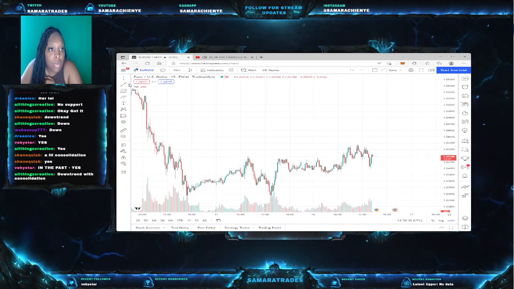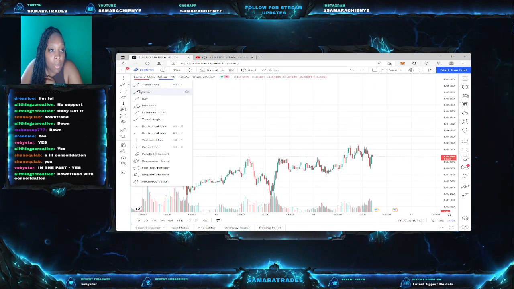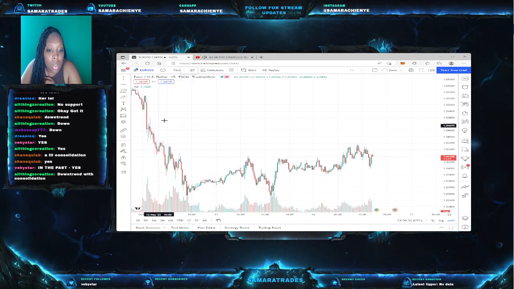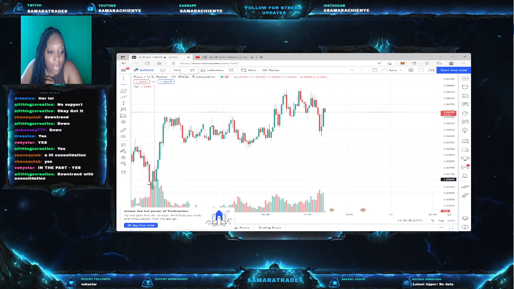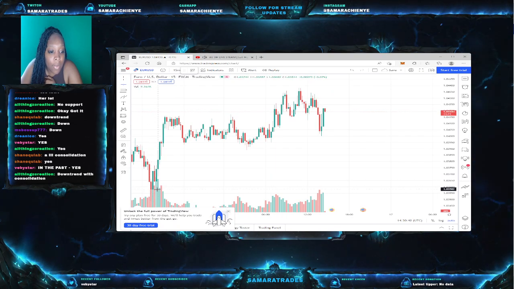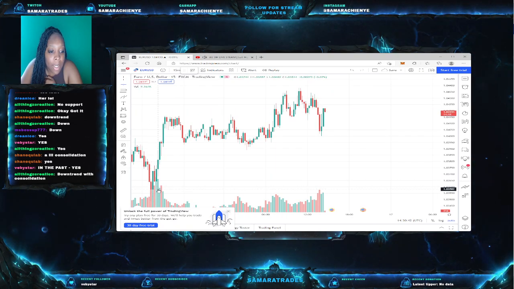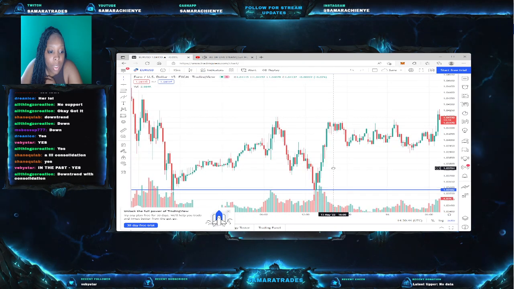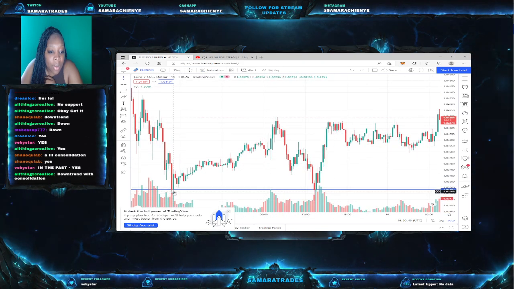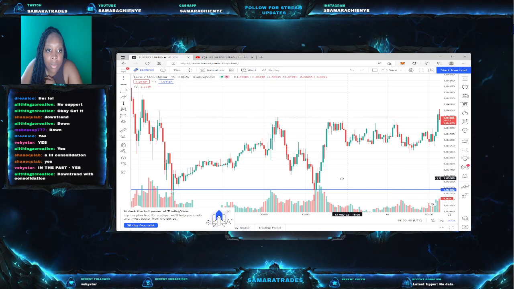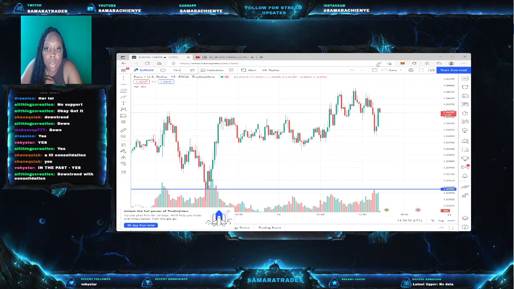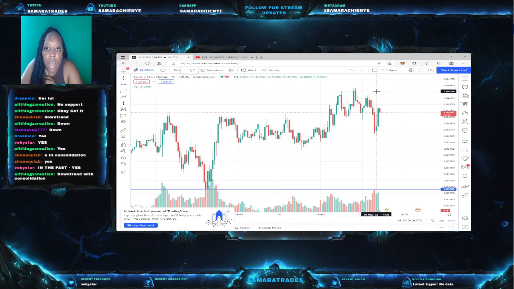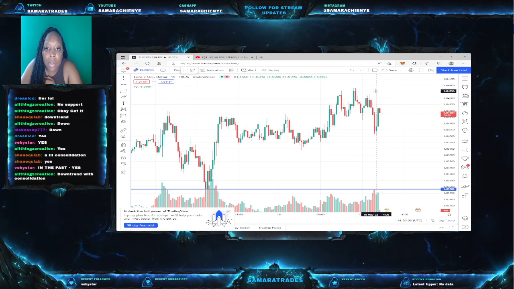First thing we're going to do, guys. Okay. So we're going to mark up this chart. Use our horizontal line. I see my perfect, y'all see this? Flat bottom. That is a perfect flat bottom. I'm going to tag it. Okay? That was another perfect flat bottom. Okay? But my market is here. So I'm going to do this. This is another good flat top here.